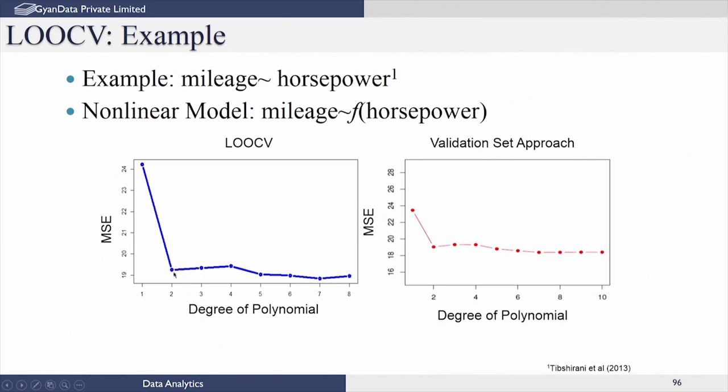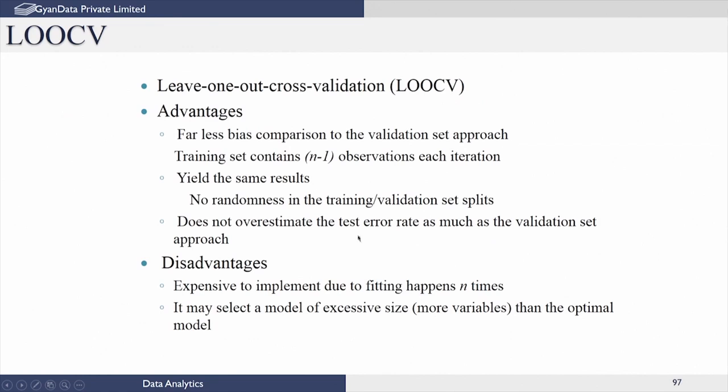Again we see that the MSE on the leave-one-out cross validation reaches more or less a minimum for a degree of the polynomial equal to 2, after which it just remains more or less flat. So the optimal in this case is a second order polynomial, which is best for this particular example. So leave-one-out cross validation has an advantage as compared to the validation set approach